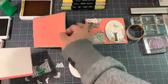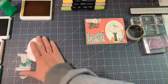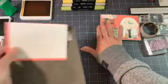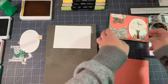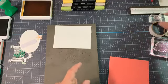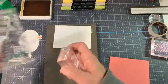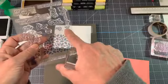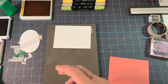Let me take out these inside pieces. Let's move that aside and bring in a foam mat and move all of our pieces out of the way there. We'll discuss those in a few minutes. So right there. And I'm going to put on the inside, I love this little sprig that came in the paper pumpkin. It's right there. I like the little angle of it. Isn't it cute? So we're going to do that in Call Me Clover